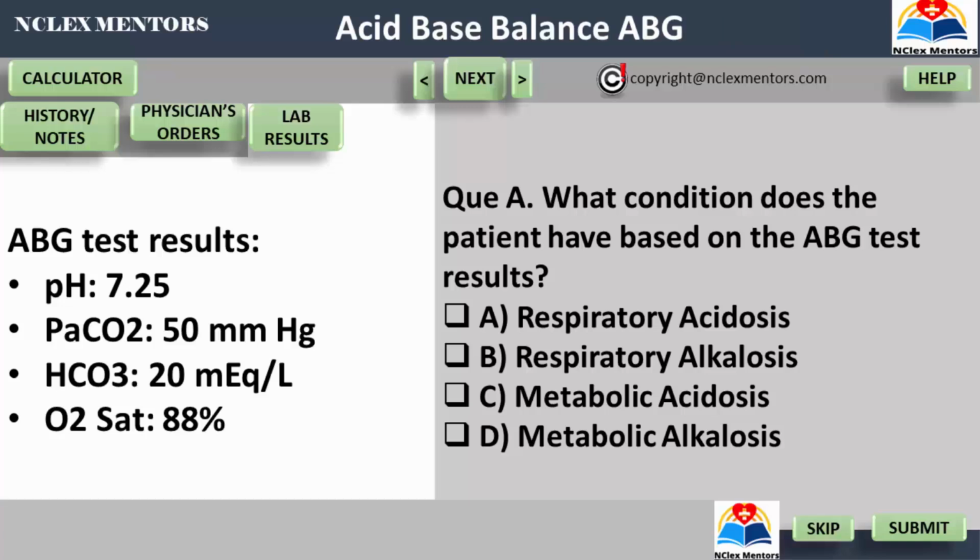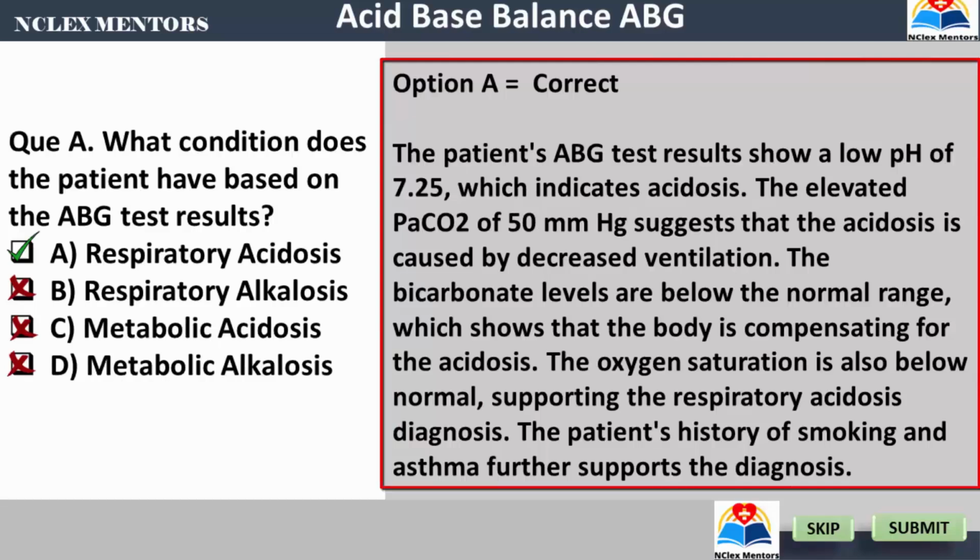All right, time's up. Let me reveal the right answer to you. The right answer is option A, or respiratory acidosis. The patient's arterial blood gas test results show a pH of 7.25, which indicates acidosis. The elevated partial pressure of carbon dioxide of 50 millimeters of mercury suggests that the acidosis is caused by decreased